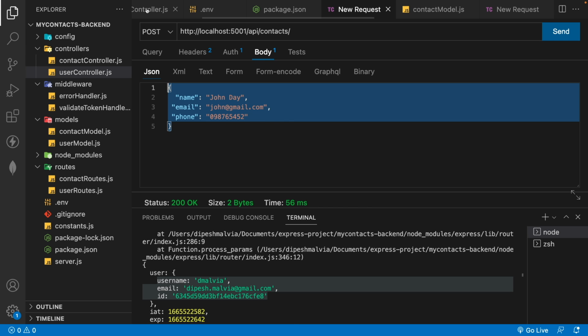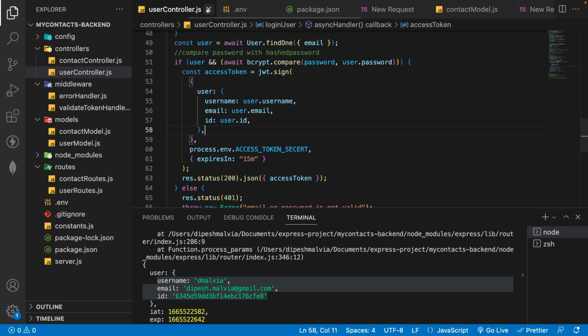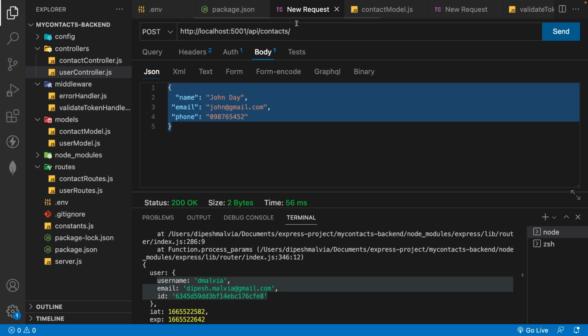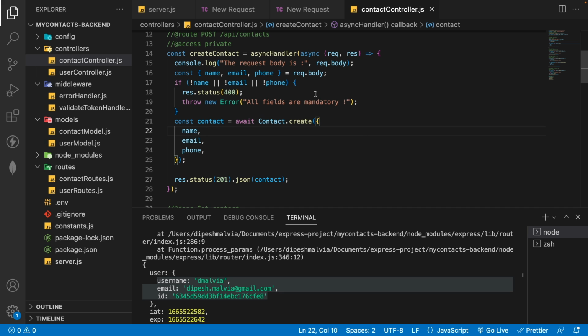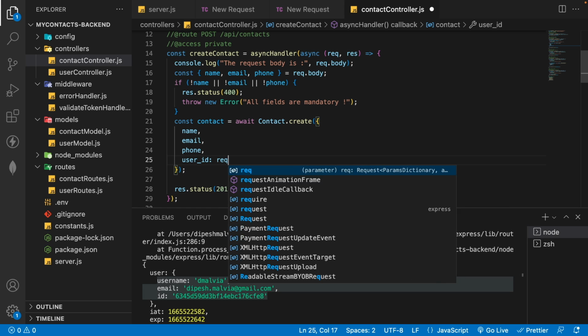So let's go to our controller first, not the user controller, we need to go to the contact controller. Let's close the package.json, let's close the environment variable file, let's close the contact model, and we are now only interested in the contact controller. Now in the contact controller, whenever we want to create a new contact, we need to have the name, email, and phone number, but along with that we will also need to associate the user ID of the user who is creating this. So I'm going to have the user ID, and this user ID will be equal to